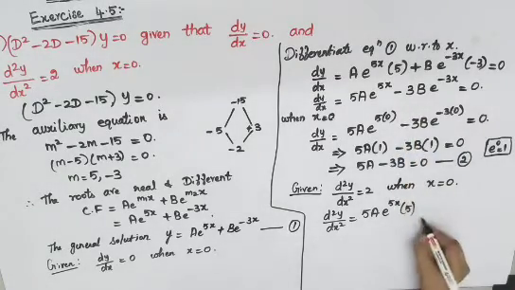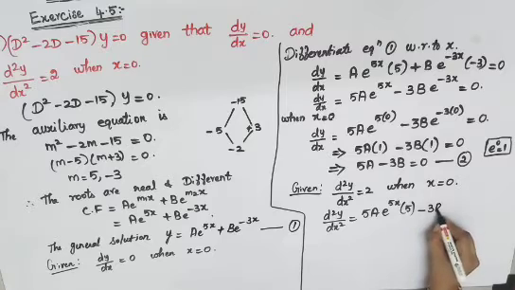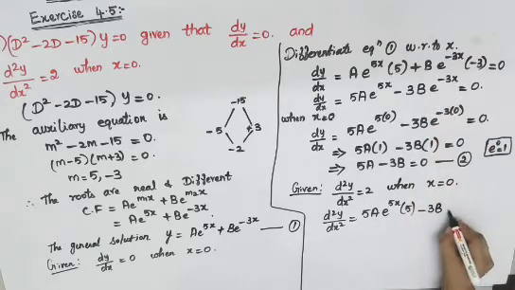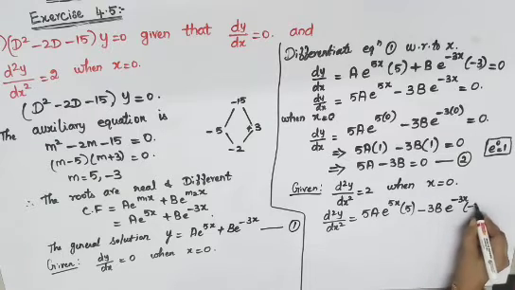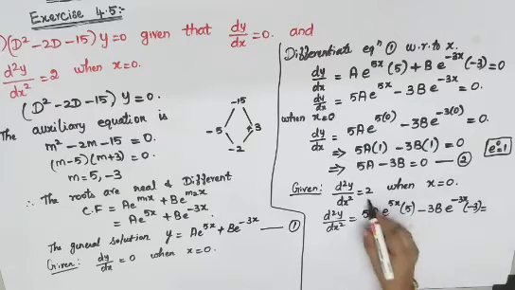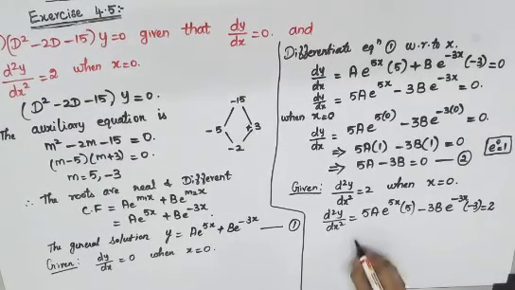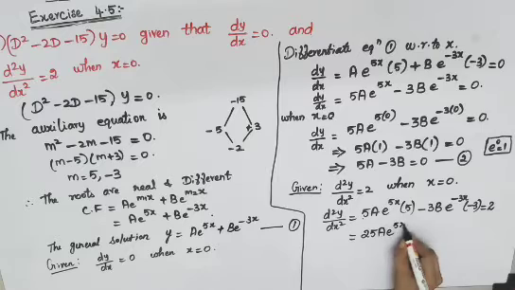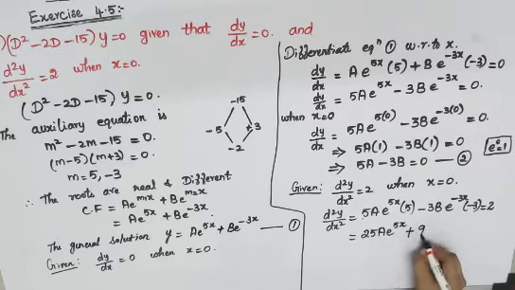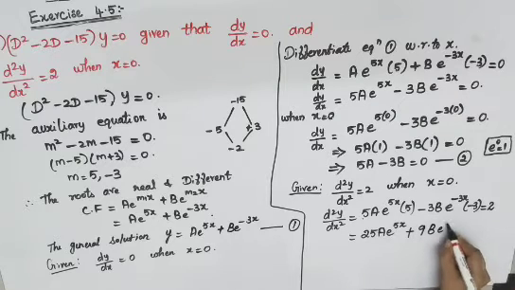Then minus 3b will be there as it is. Again e power minus 3x. For that, the differential is e power minus 3x into minus 3. That is equal to, they have given 2. So we can declare that as 2. So the next line is 5 and 5 is there. 5 5s it will become 25. a e power 5x, minus and minus it will become plus. 3 3s are 9. b e power minus 3x, which is equal to 2.